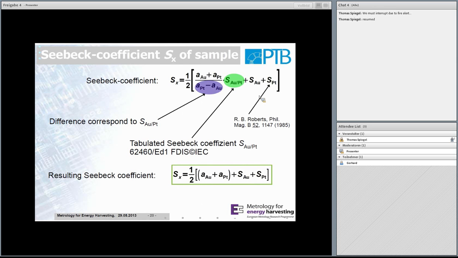And then you have to choose also some Seebeck coefficient which we took out of the literature, but we will see that afterwards in the uncertainty budget. The uncertainty which comes in according to this one is really small. So the main part of uncertainty comes from the slopes, which then in the simplified formula are standing here. But this resulting formula for the Seebeck coefficient has a very nice feature,